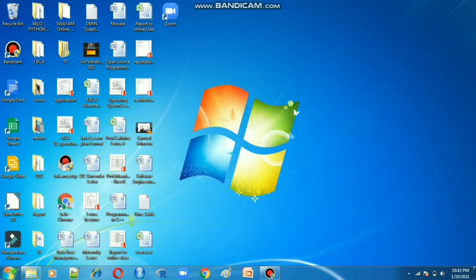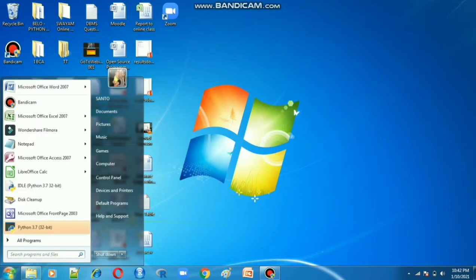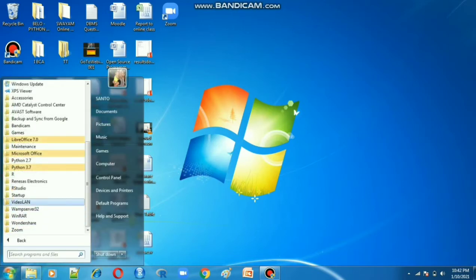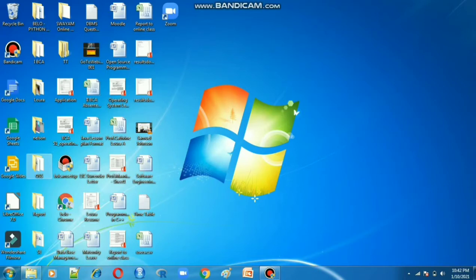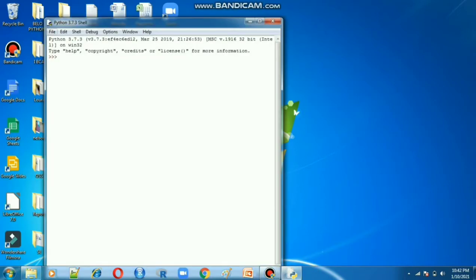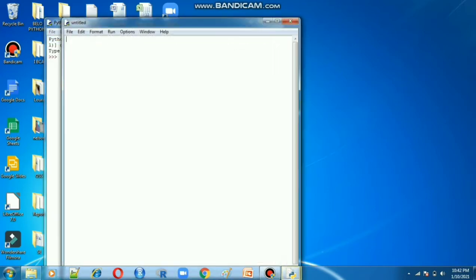So for the first Python program, first we have to open script mode. Start, All Programs, there Python 3.7, and IDLE. This is script mode. We have to open a new file: File, New File. Here itself we have to type our code. You have to type your code in script mode itself, which is easy for you also. If there is any problem, we edit and re-save that file, and then execute the program.